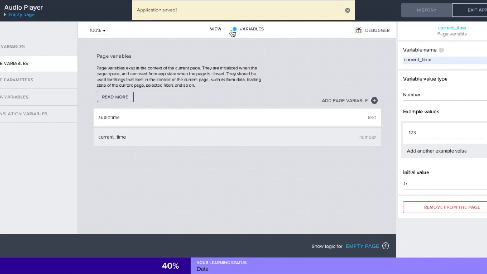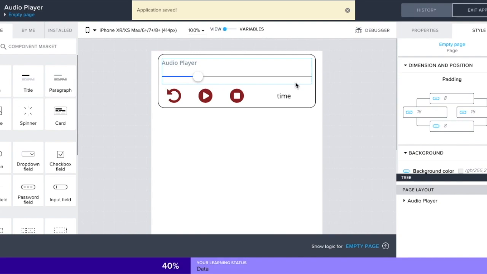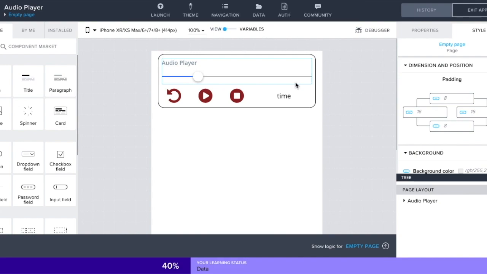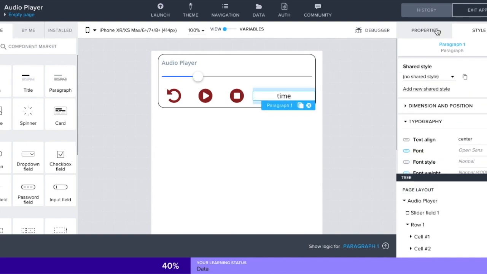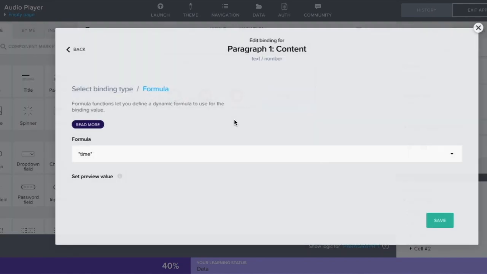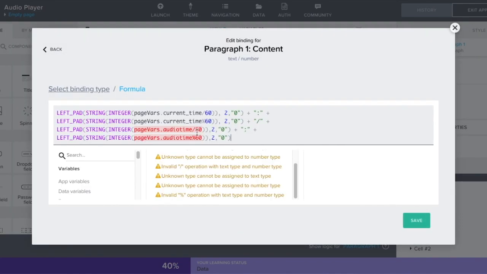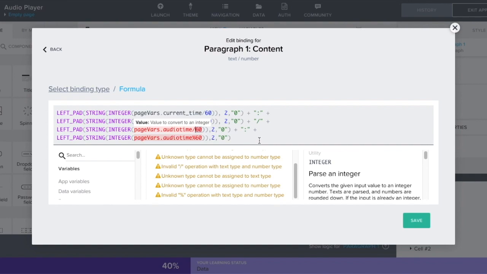Back to our view. Let us add the formulas to display the current time and the total duration on this label we have made. Let's bind it to a formula. Let us look at this formula. Both our variables, current time and audio time, will be in seconds. So to convert it into a minute second format, what we are doing is